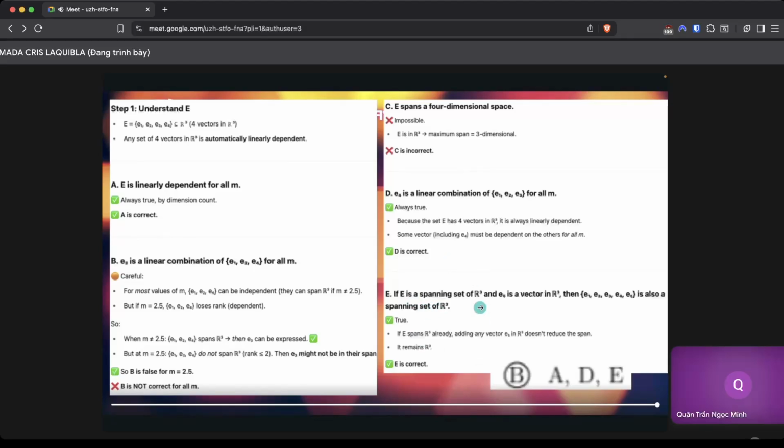Next, E. E is a spanning set of R3, and E5 is a vector in R3. If you add another vector, it's also a spanning set of R3. And you will say, this is true. If E spans R3 already, adding any vector E5 in R3 doesn't reduce the span. So it remains R3. So E is correct. So we have three letters that are correct: A, D, and E. So you pick letter B there: A, D, E. Next,